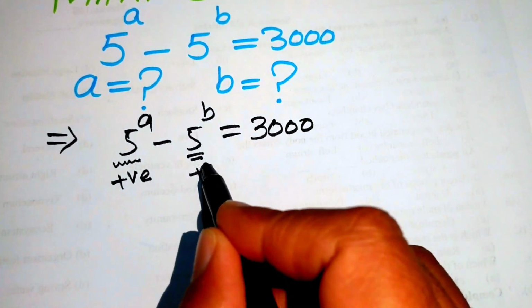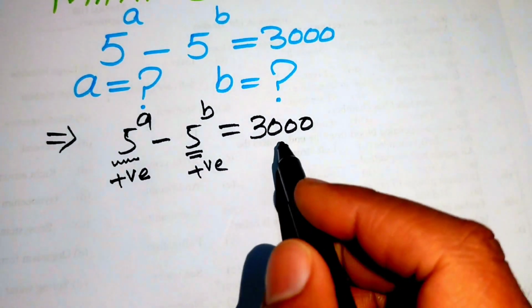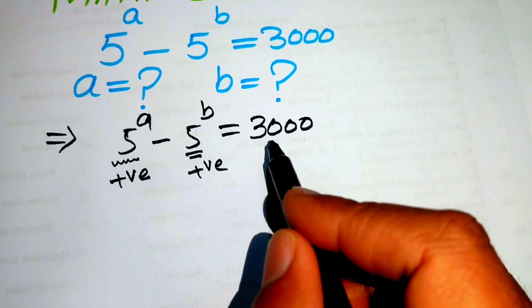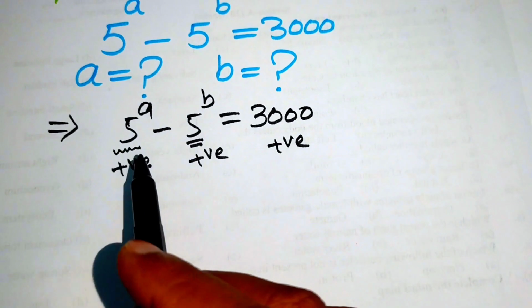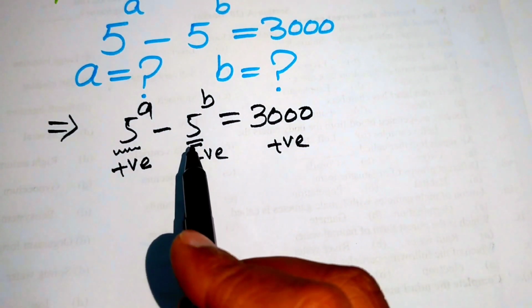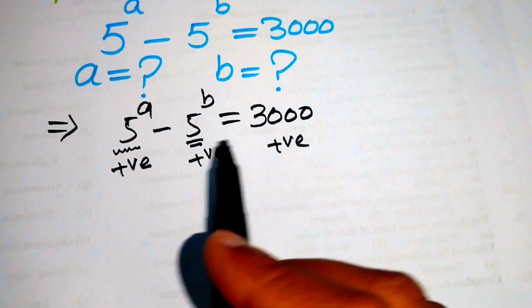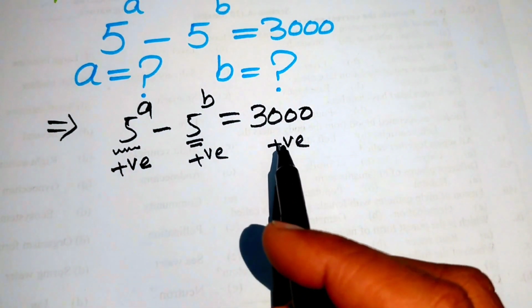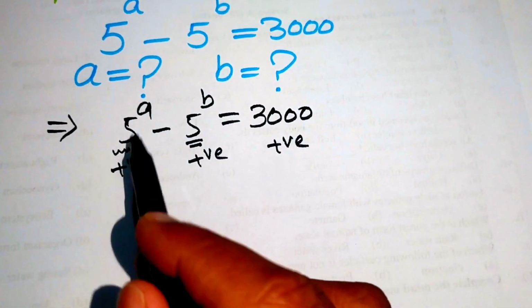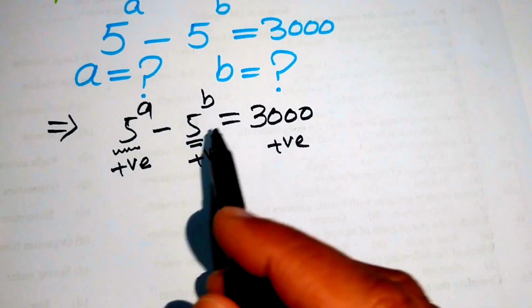It also gives us a positive value, and on the right hand side we see that it is a positive value. So if you subtract two positive values, then you get a positive value. It means that our first value is greater than the second value, because you know